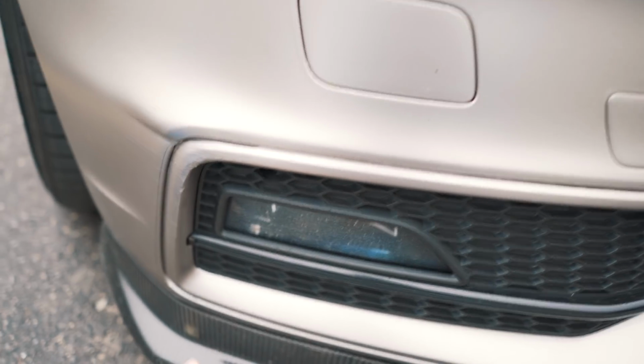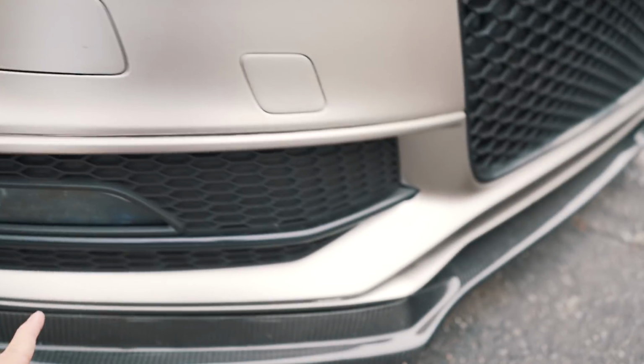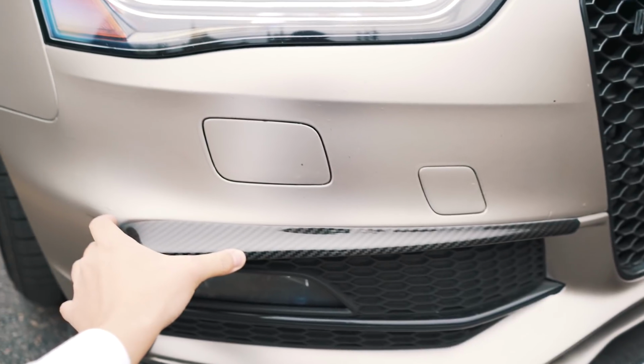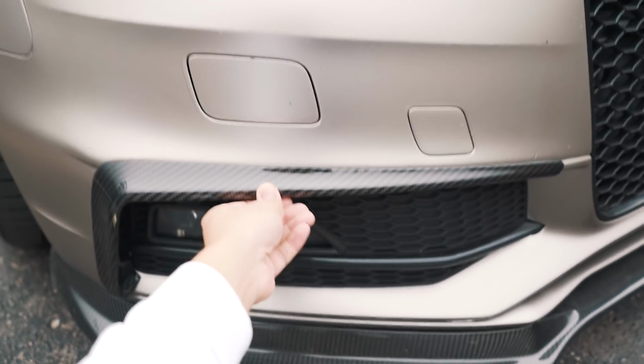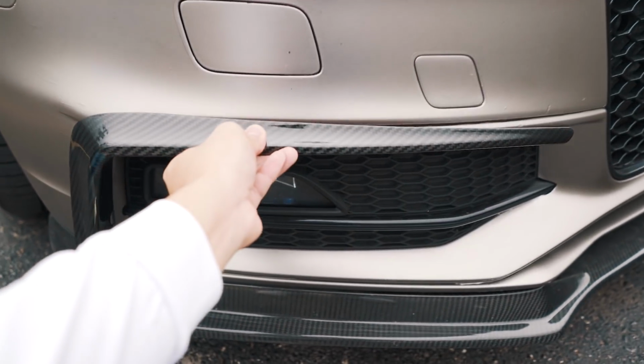So you see this little, I guess, little fog light overlay kind of thing. So this is the carbon fiber overlay, supposed to go right over here. Just give you guys a little comparison. So this is on and this is off. So I think it definitely adds